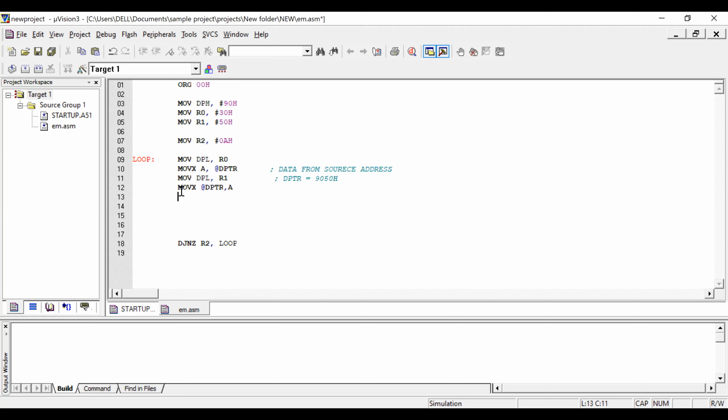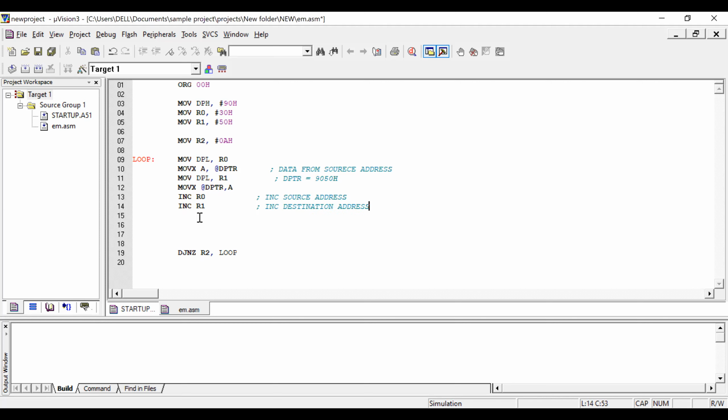Just increment R0 to point to another location. This is for incrementing the source address. Increment R1 to increment the destination address.